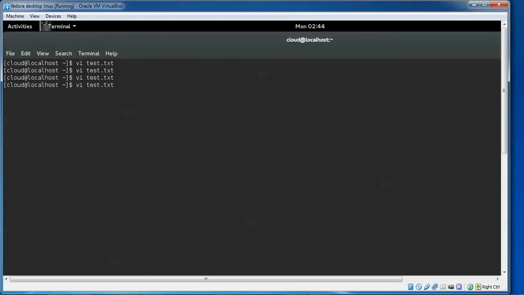Pressing :wq and Enter, you can see it is quitting, and I'm adding some text here. Now I'm pressing :wq!, and it will not quit. You need to press Escape and type :wq! properly. See, it has quit. I'm going to edit one more file, write some text, and press :x. You can see it has quit.